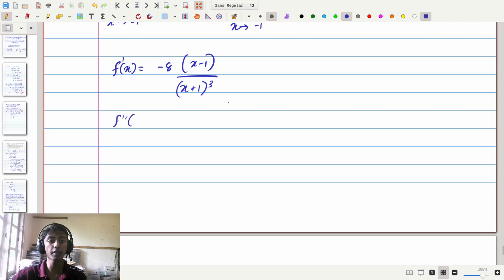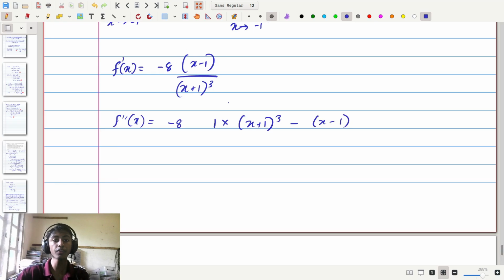So f double prime x is going to be equal to the derivative of this function f prime x with respect to x, which is equal to -8 times the derivative of x minus 1 divided by x plus 1 cubed. Now for this we have to apply the quotient rule, which states that the derivative is equal to the first function's derivative, which is 1, times the second function, which is x plus 1 cubed, minus the first function, which is x minus 1, times the second function's derivative, which is 3 times x plus 1 squared, all divided by the second function,